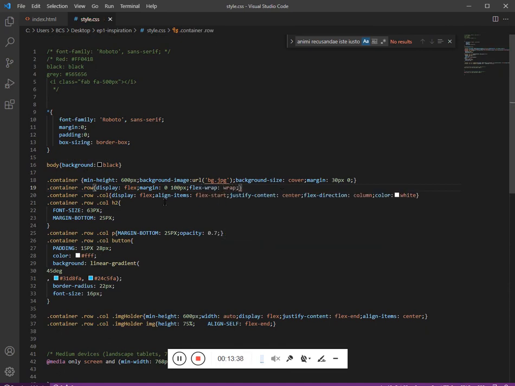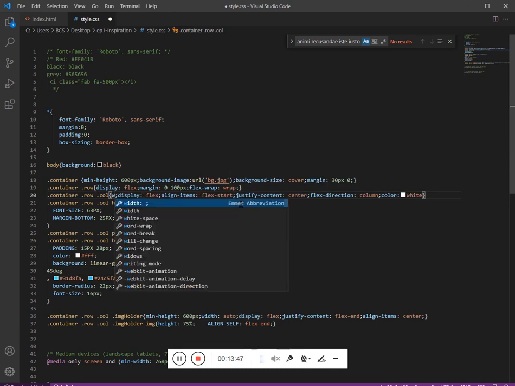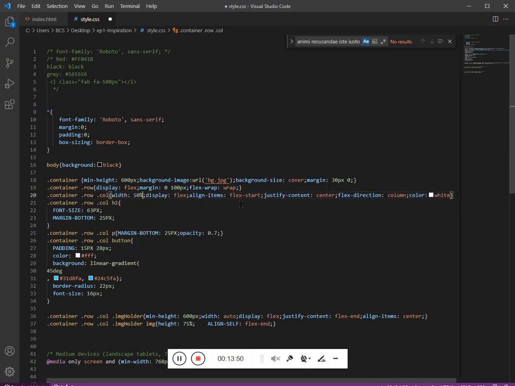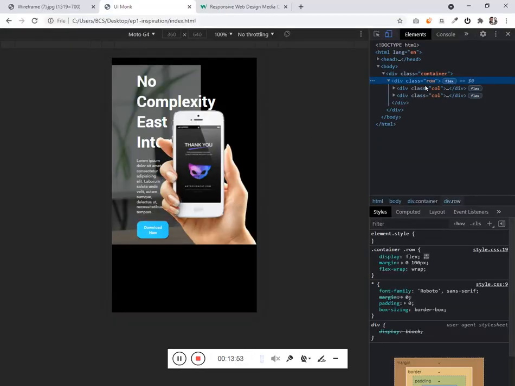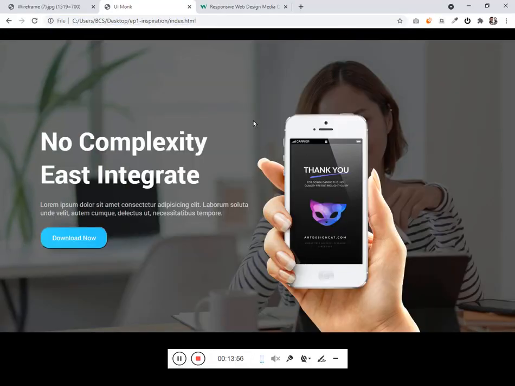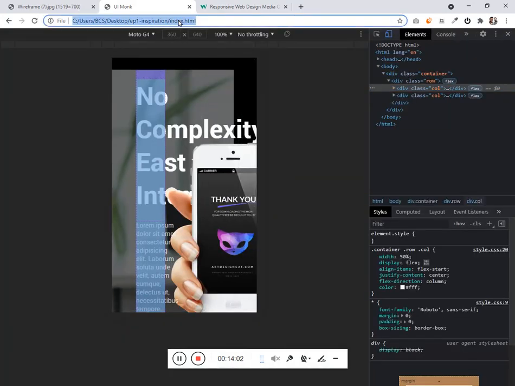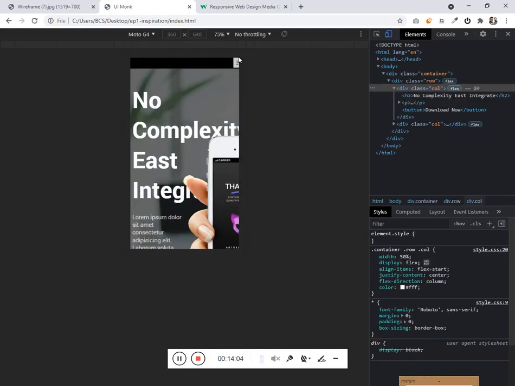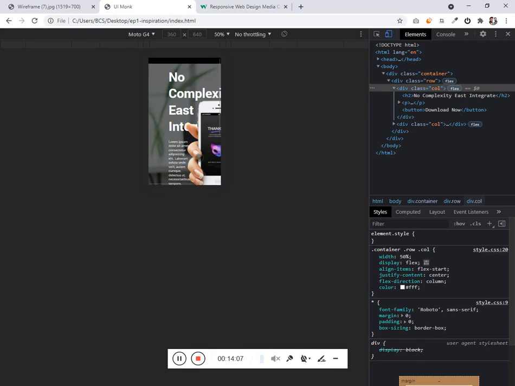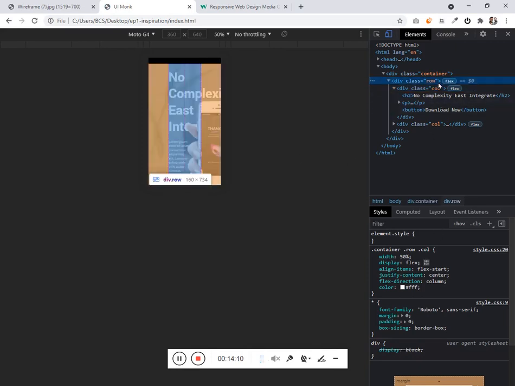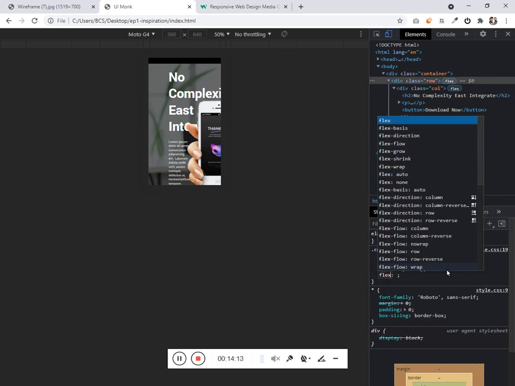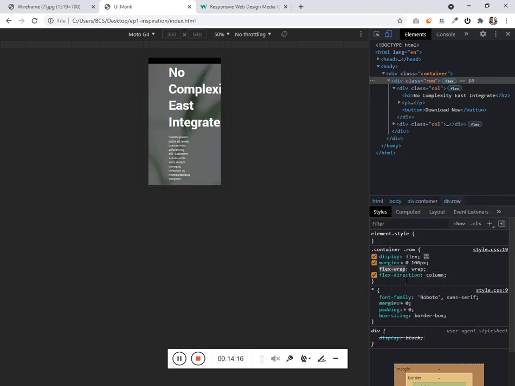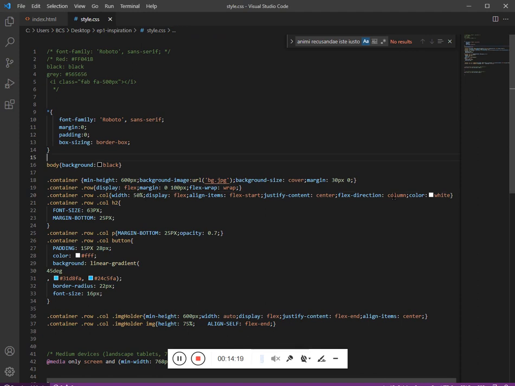Flex wrap will only work when we give width to the column. Since we haven't given width to the column, let's try to give now width of 50%. Refresh this. So if I get into the mobile screen, it is actually okay, but for mobile screen, this is not the way we want it to be seen. So for that, get the column and have flex direction column for the mobile version,